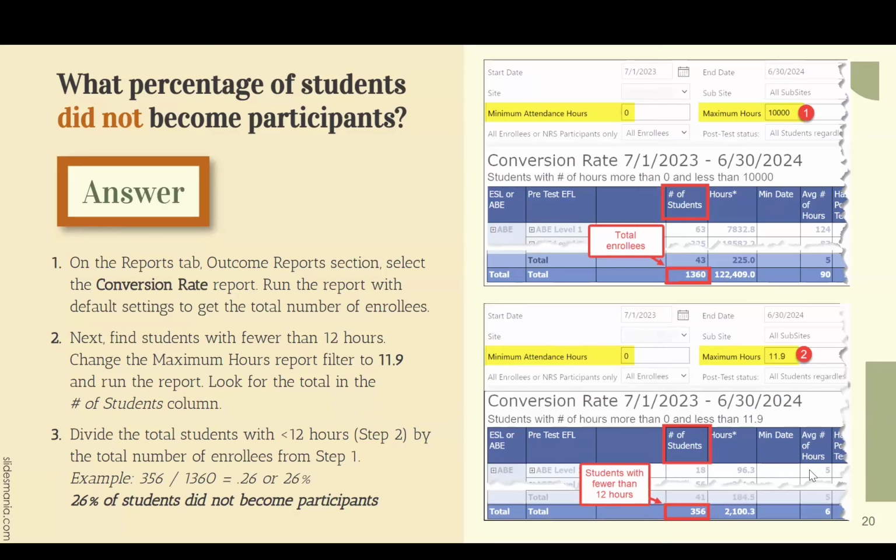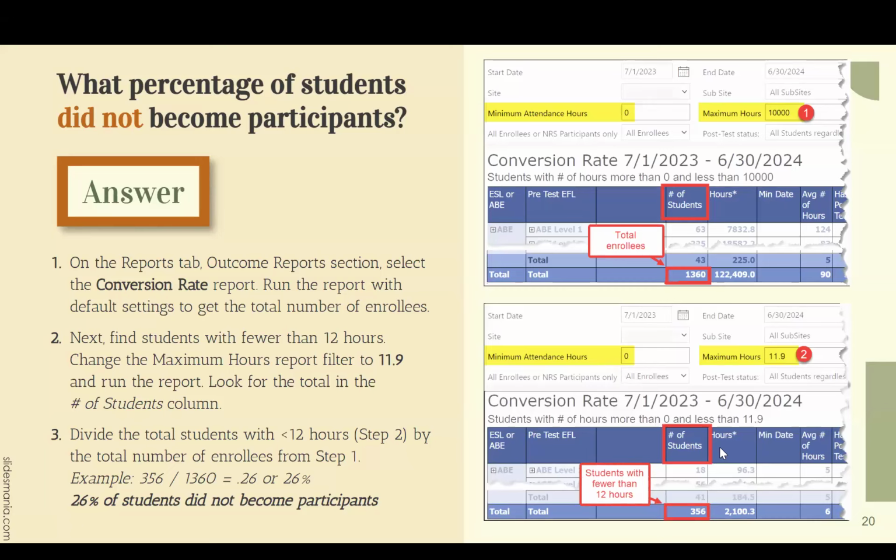And Scott, yes, you could do that. You could use the table A as well if that's been working for you. I think on the table A, you can put in a minimum number of hours, right? So when you rerun it with minimum 12, it's going to show you everyone who has 12 and more hours. Then you have to subtract to get the non-participants to show up. This one just shows you all the people who have less than 12 hours, so it gets to pretty much the same result.